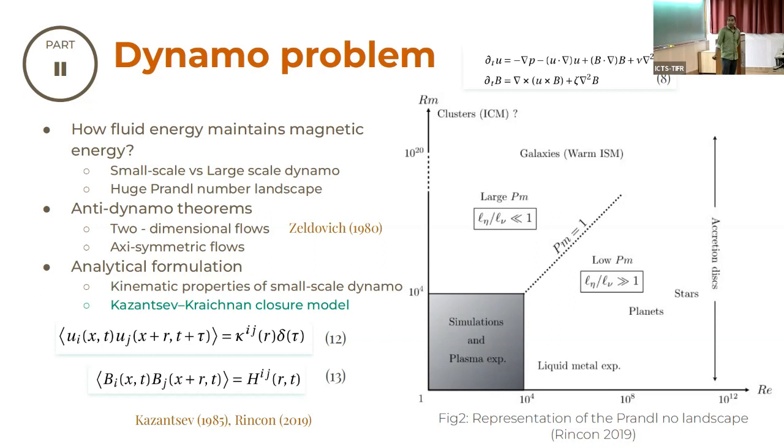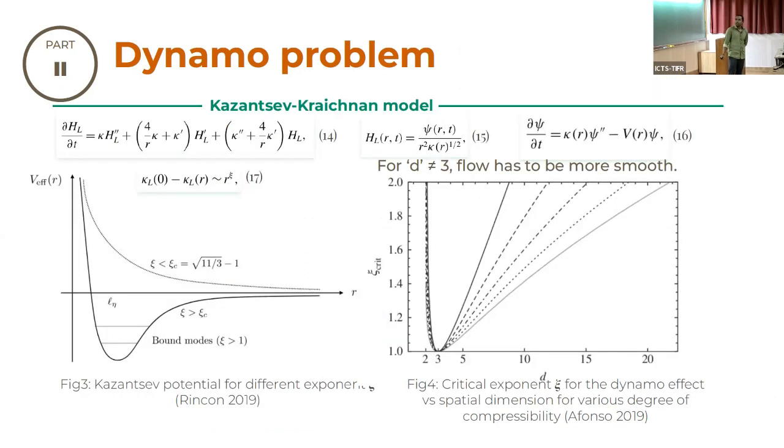So with that assumption, one can look at the magnetic correlation for the same time, this H of R, and the Kazantsev model assumption simply reduces to this particular equation, assuming, of course, isotropic and homogeneous conditions,